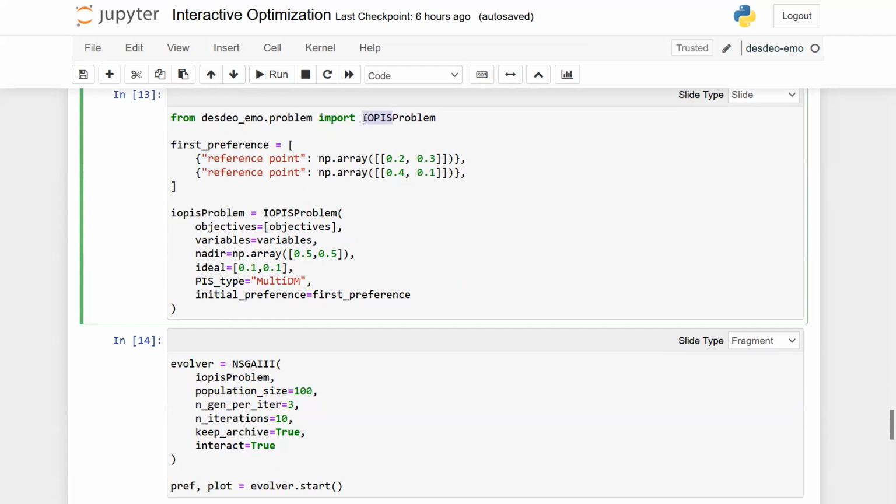We have published papers on this particular topic. Basically, this allows us to make any evolutionary algorithm interactive by putting the preferences in the problem formulation itself. One of the ways to provide the preferences for IOPS might be to choose multiple solutions or multiple reference points. And what IOPS would try to do is to find solutions